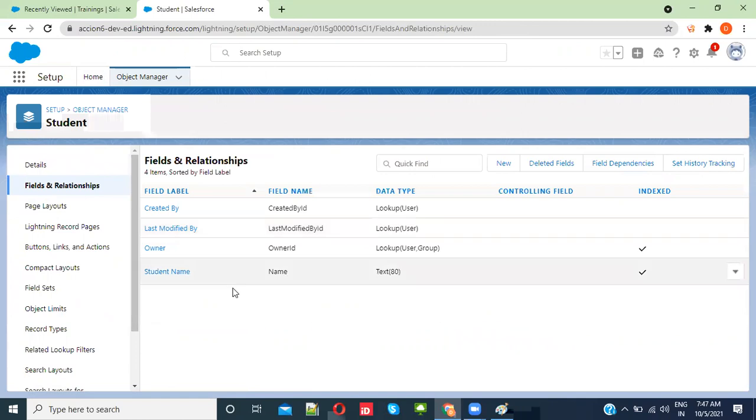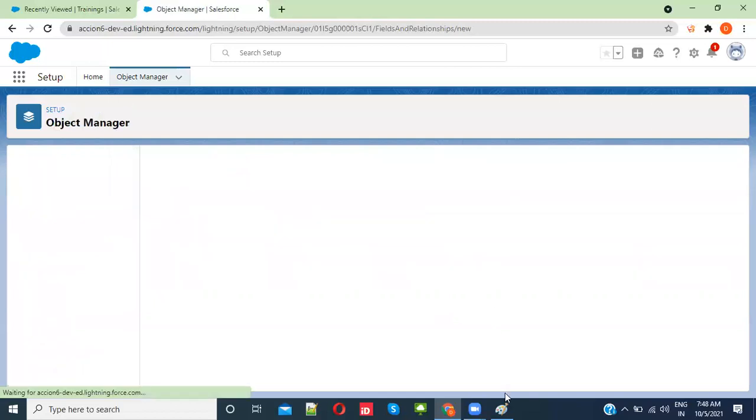There are some other fields, called standard fields. By default, when a new custom object is created, fields like created by ID, last modified by ID, owner ID, name are created. These are all standard fields.